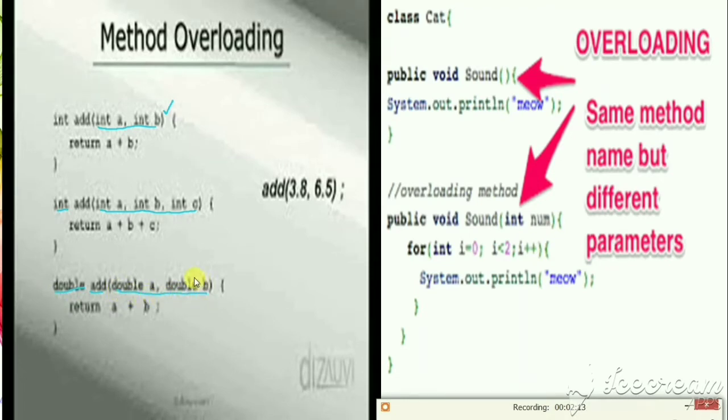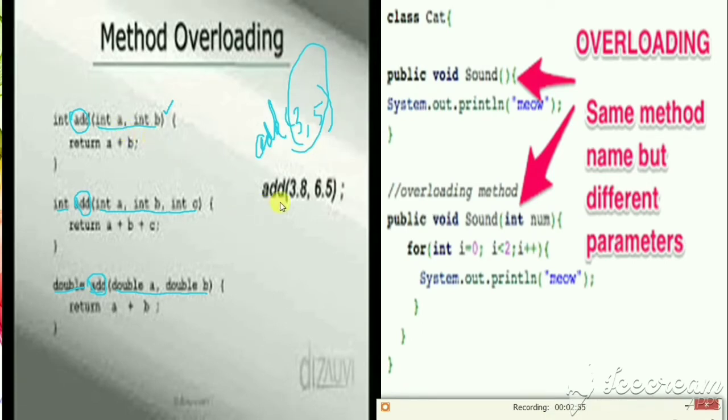See here, all these methods have the same name add, but they differ only by their arguments. If I give add of 3, 5, these values are accepted by the first method, because the first method has return type int and my values are integer type, so it is accessible only by the first method.